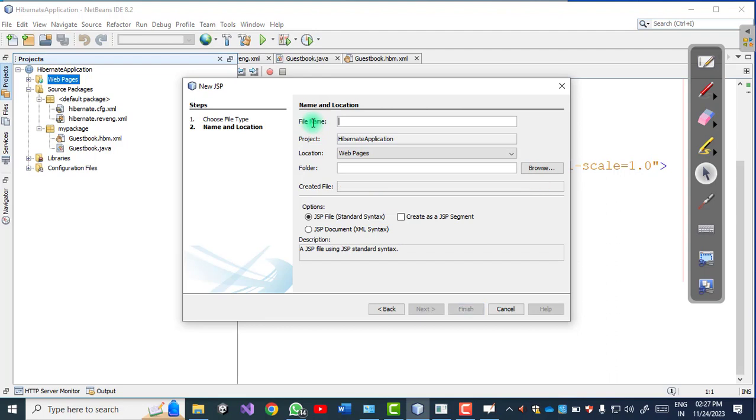You can give any name. Then click on finish.